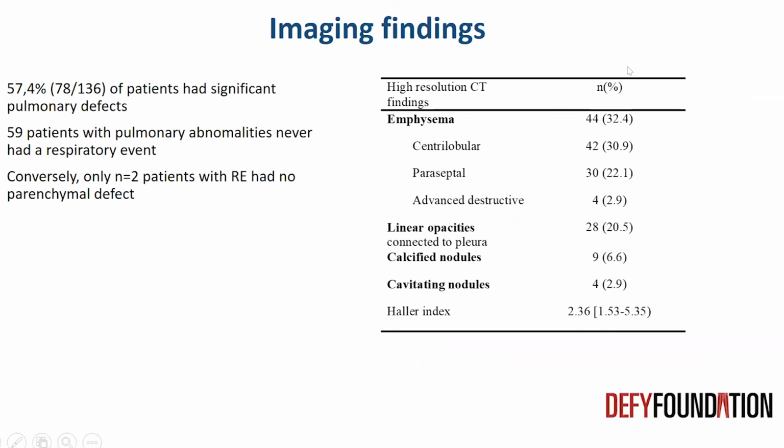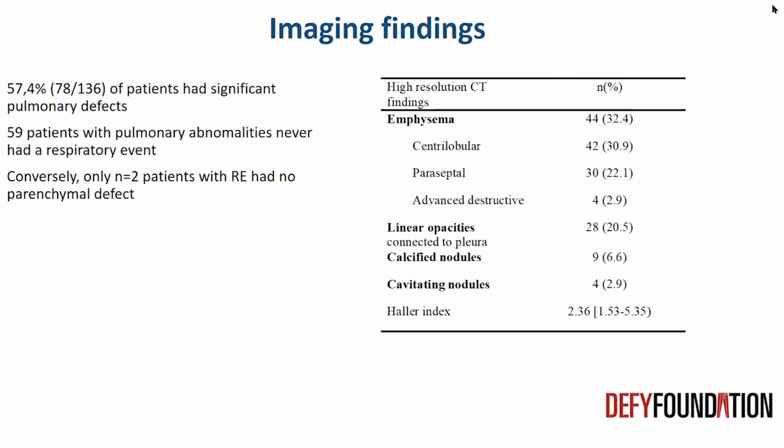Most of these patients never had a respiratory event despite having images on the scan. On the other hand, only 2 patients with respiratory events had no apparent parenchymal or pulmonary defect. The most common lesions are listed on the right, which were emphysema in 32% of patients, which is 1/3